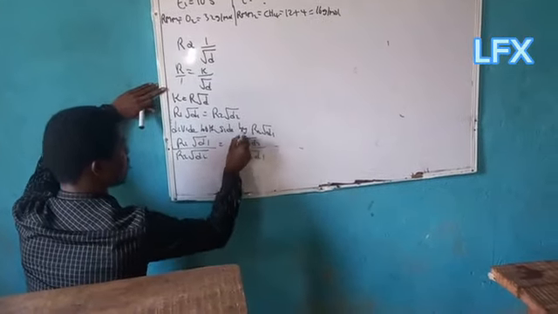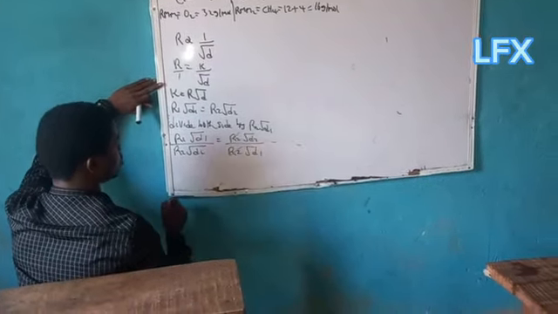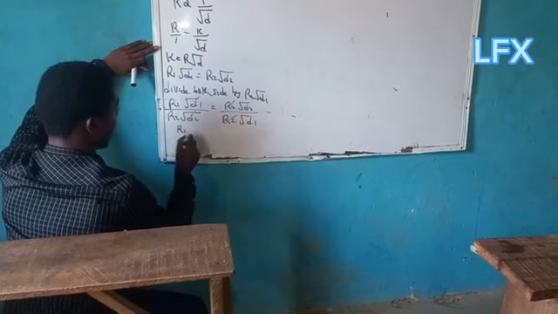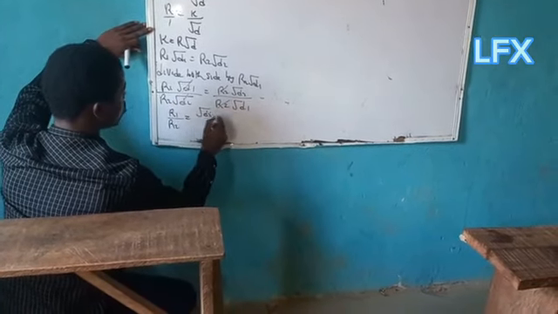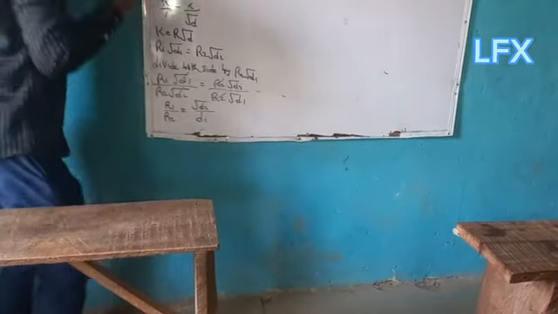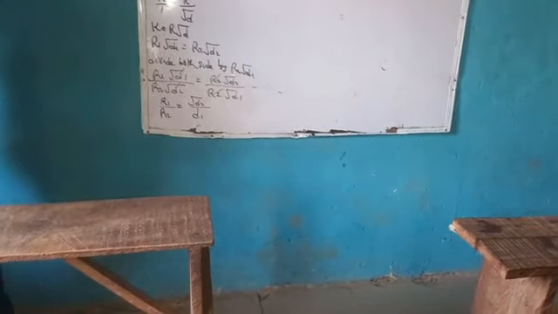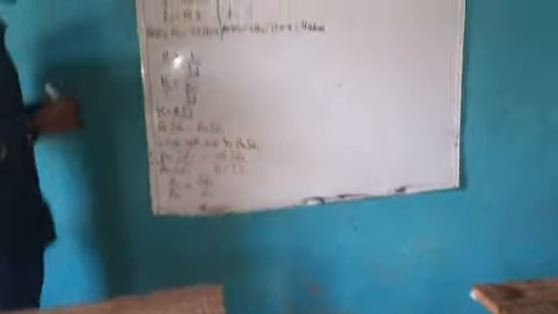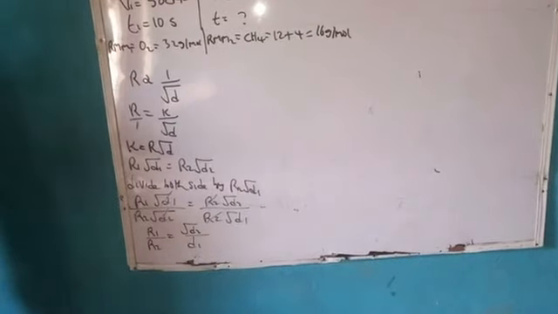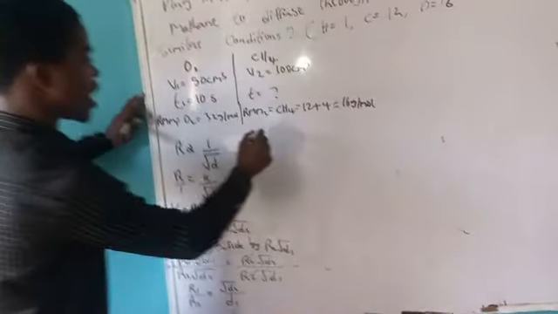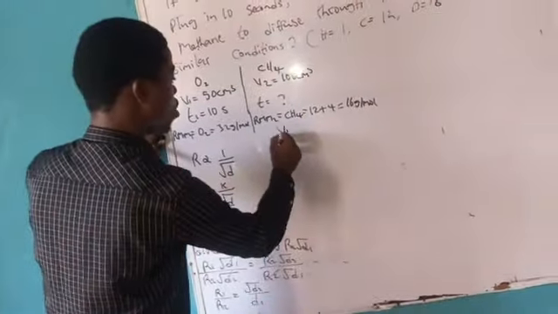We cancel R2, and we cancel root D1. At the end, R1 over R2 is equal to square root of D2 over square root of D1. Don't forget that we said the other time that rate is equal to volume over time. So for R1, that is V1 over T1, divided by